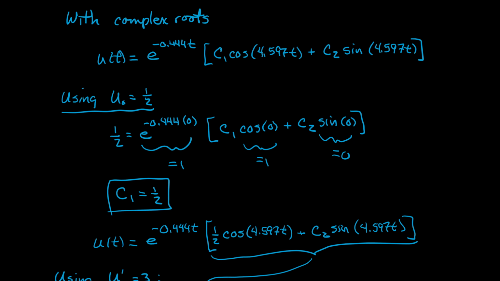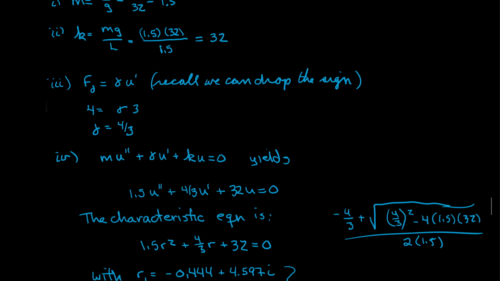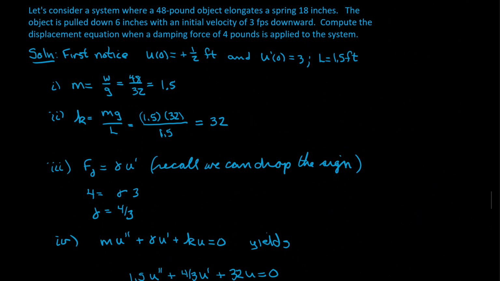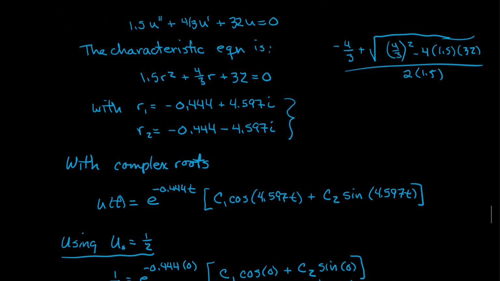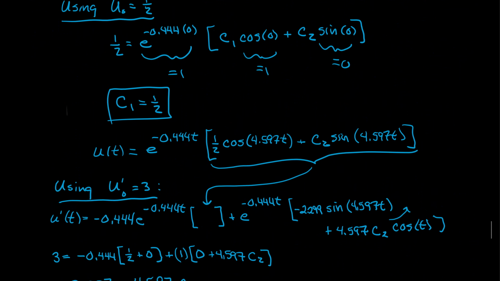At this point, we want to substitute in our values for our initial displacement. The initial displacement is the 1/2. You may say, wait a minute, 1/2, where'd that come from? That's from way up here at the top. There it is. Our initial displacement was 6 inches downward. So it's positive 6 inches, that's half a foot. Okay, so this is going to give us